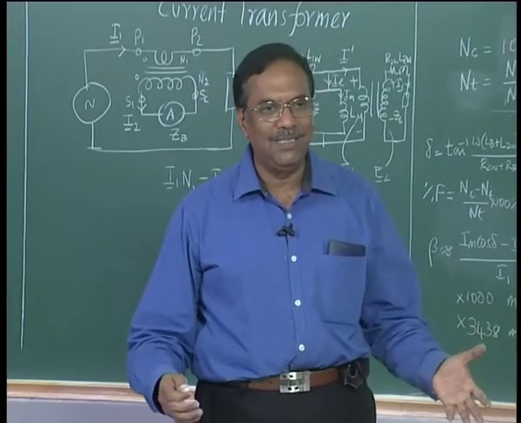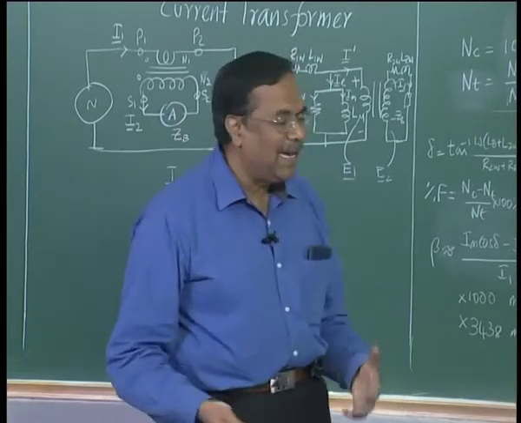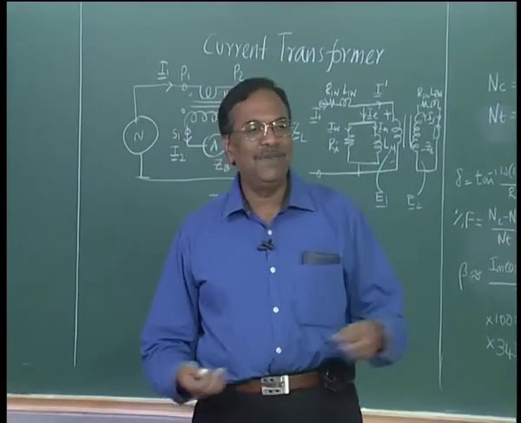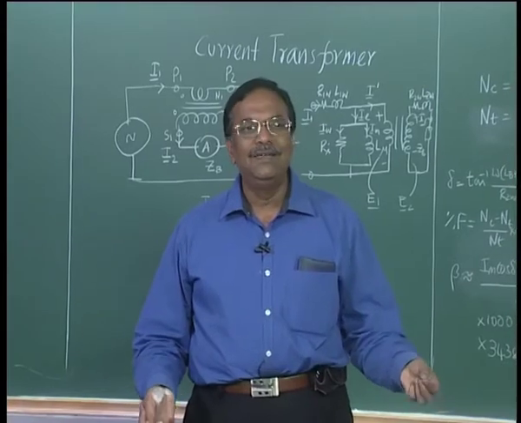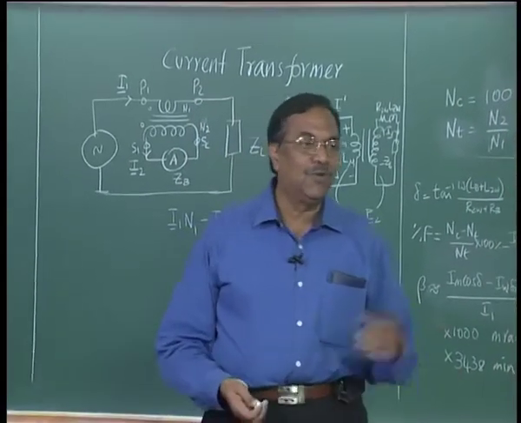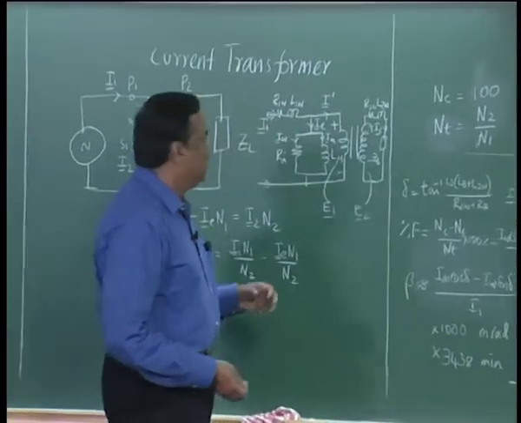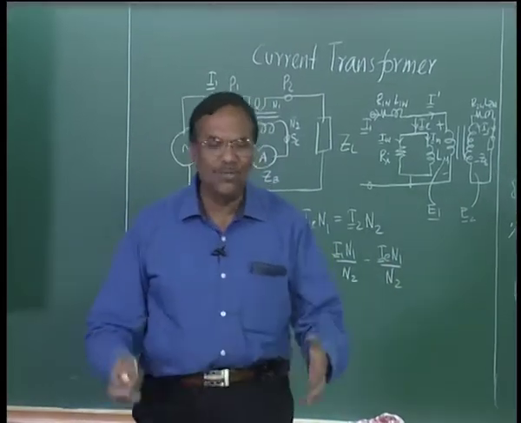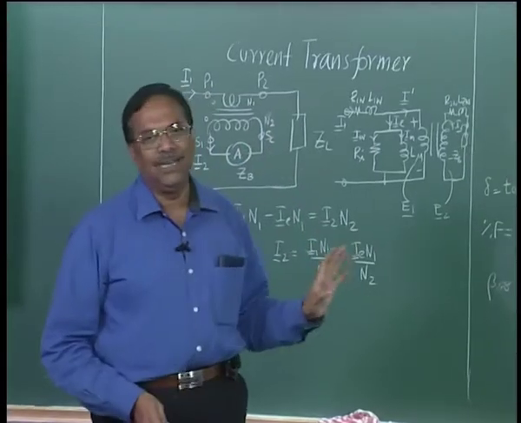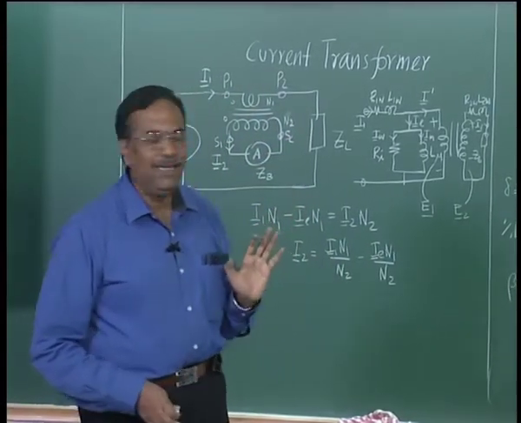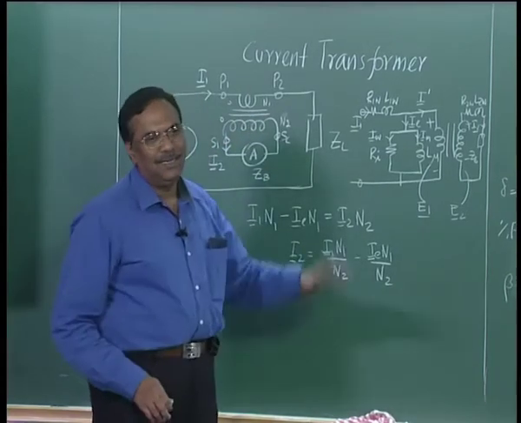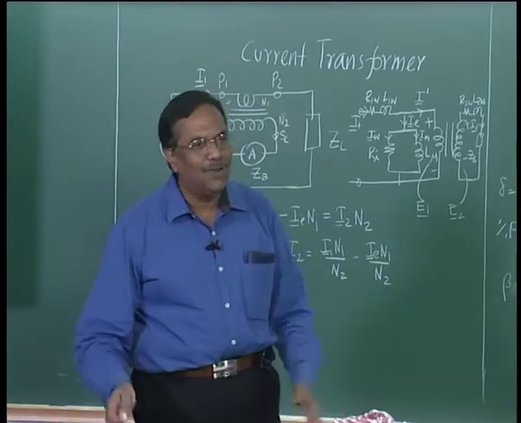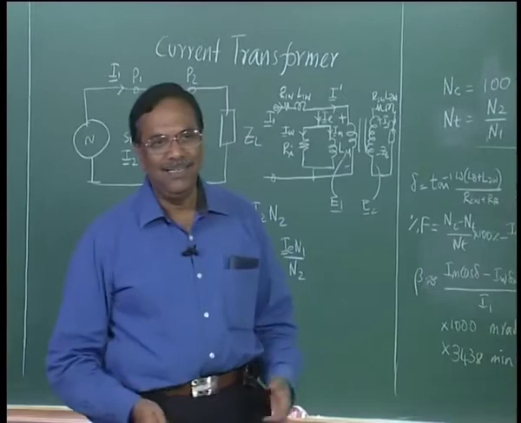If the ammeter goes for a toss, the transformer also will go for a toss, because when a current transformer is open circuited, I am going to get a very large value. It is a current source, right. What happens if I open circuit a current source? A very large voltage would be generated, because the source would try to force current through the open circuit, and theoretically it will go to infinity. Practically it will not go to infinity, it will go to a few kilovolts to a few tens of kilovolts, depending on the design of the current transformer and the fault current, right. And that is enough to damage the whole setup. We do not want that, because every time a fault occurs you would have to change your ammeter and your current transformer, it is not good, right.